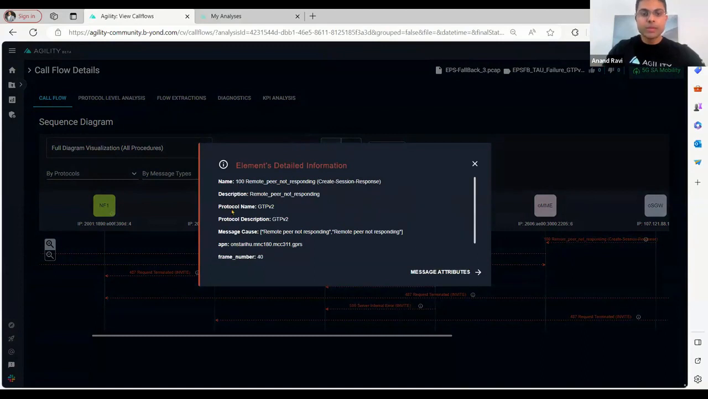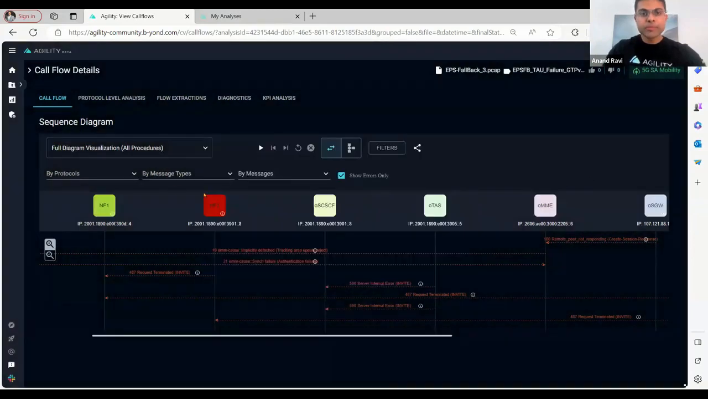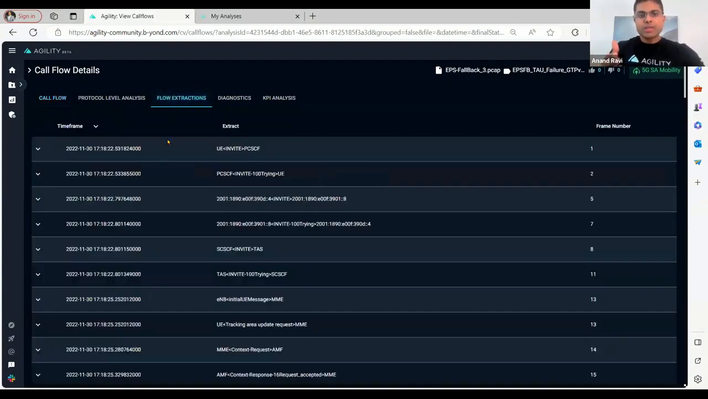As you can see, the message cause is also detailed along with remote peer not responding, right? So that's how it is able to accelerate the troubleshooting journey. The third tab is your flow extractions tab, which is similar to what you would see in packet analyzer tools,